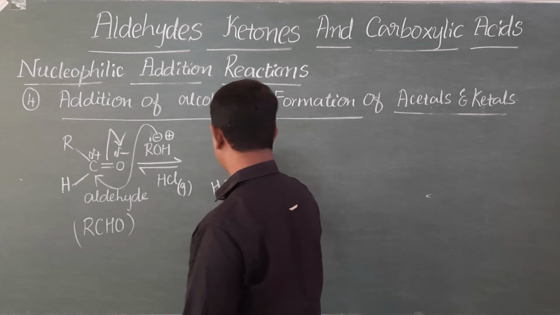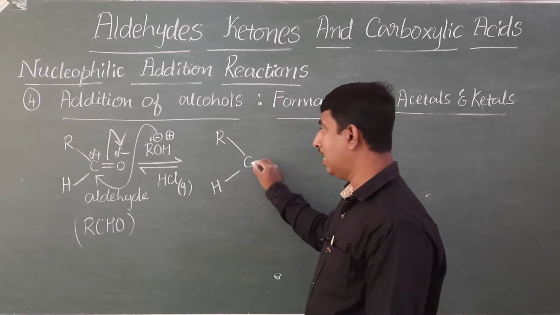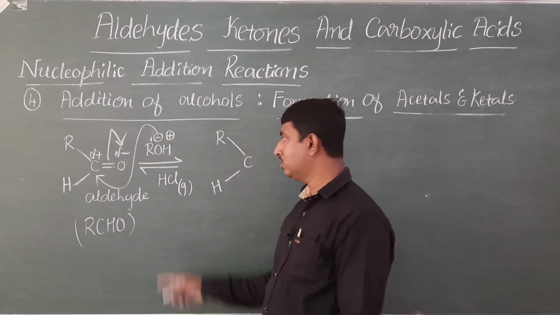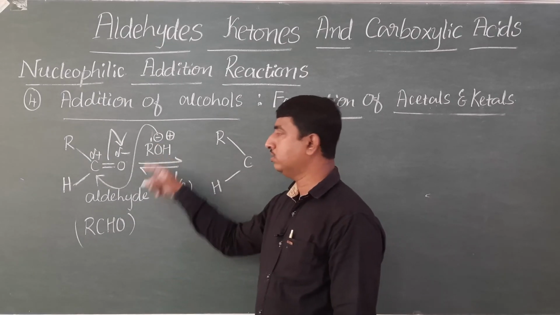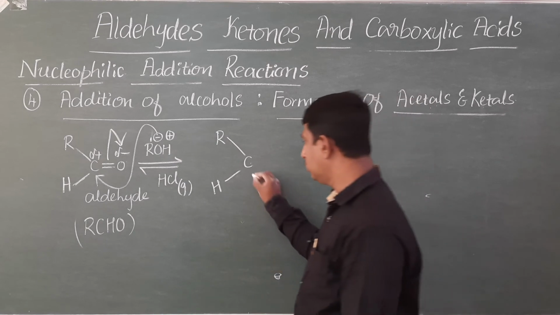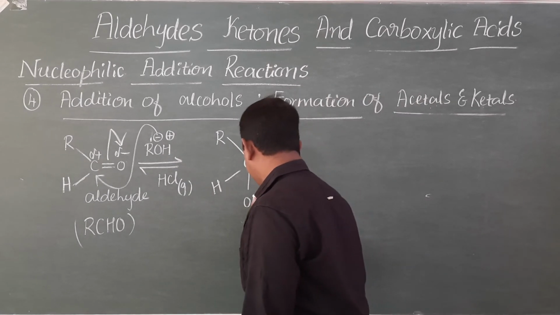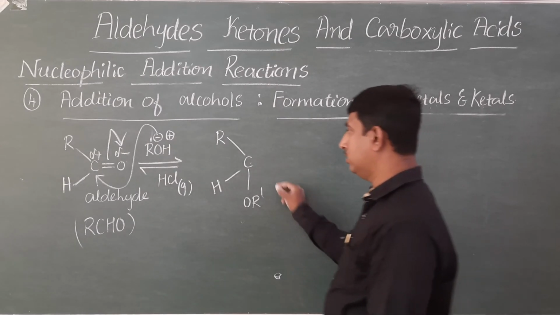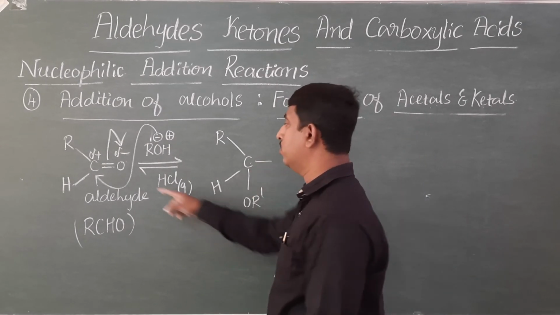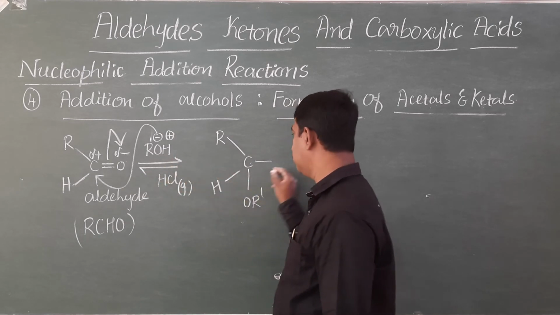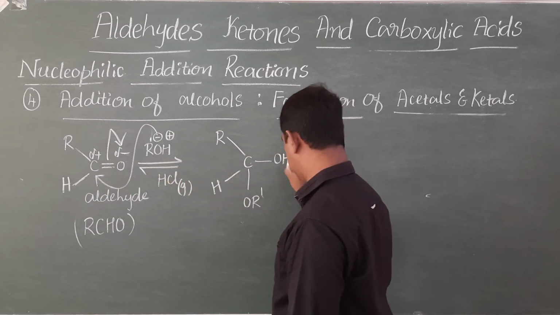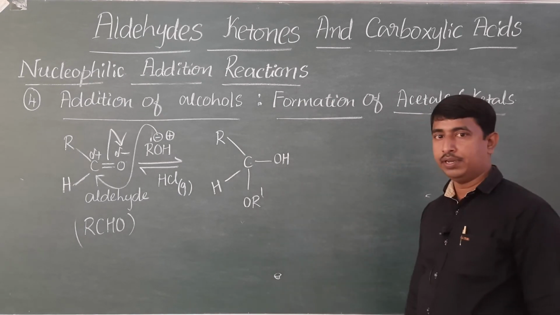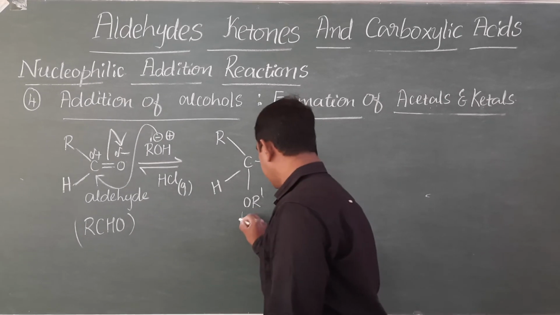It is R, C, H. The carbon is attacked by the nucleophile, that is RO minus. Look here, negative charge is present upon oxygen, so we write oxygen first. It is OR dash. The double bond reduces to a single bond. O minus accepts H plus, forming OH. Now this intermediate is called